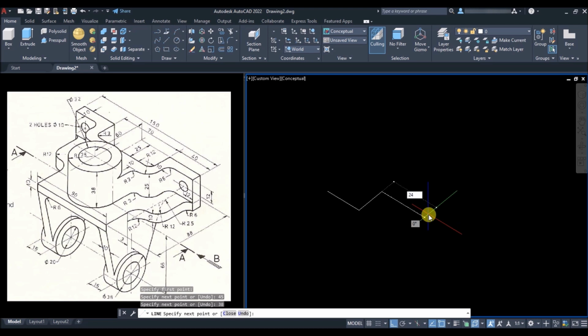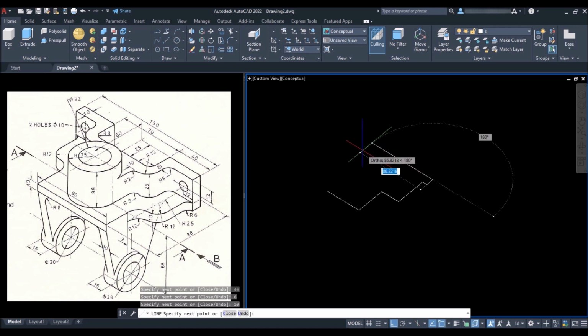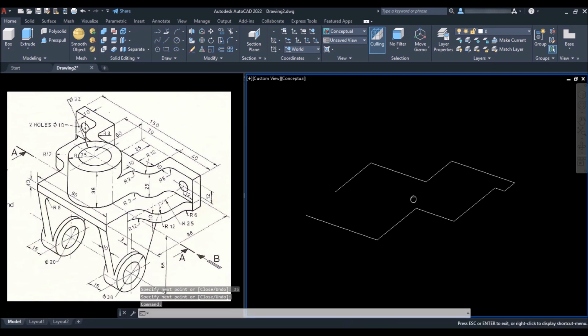So type 24 and press enter. Move towards y, type 40 and press enter. 6 towards right, 10 towards y, 40 towards this side, 25 this way, and 35 towards this side, which is the center of the circle.